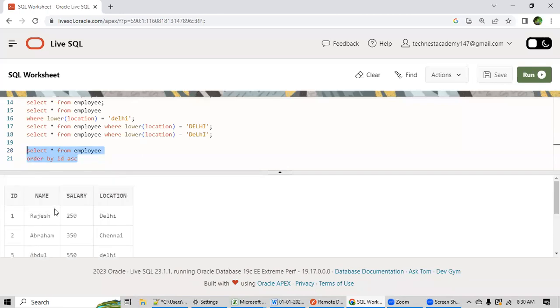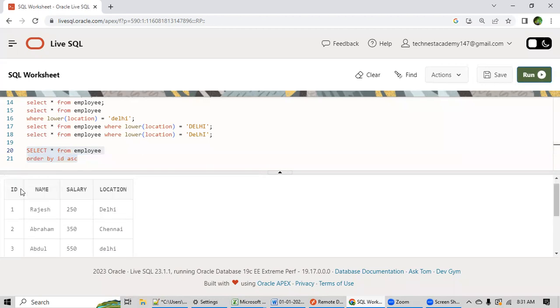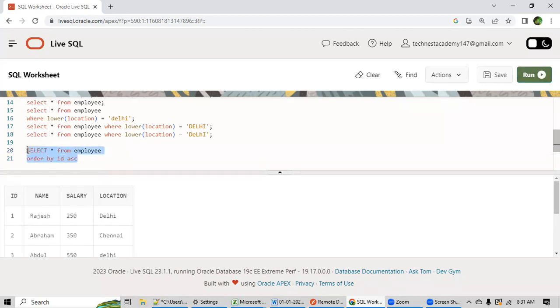Can we write the query in uppercase? See, you can write the query in any case. Suppose this is select, I have written it in lowercase. You can write this in uppercase as well. Let me run this. You will get the same output. Are you getting the same output? Yes. So all these things, whatever you have written, you can write in uppercase, lowercase, whatever way you want. Not an issue. But the data must be case sensitive.